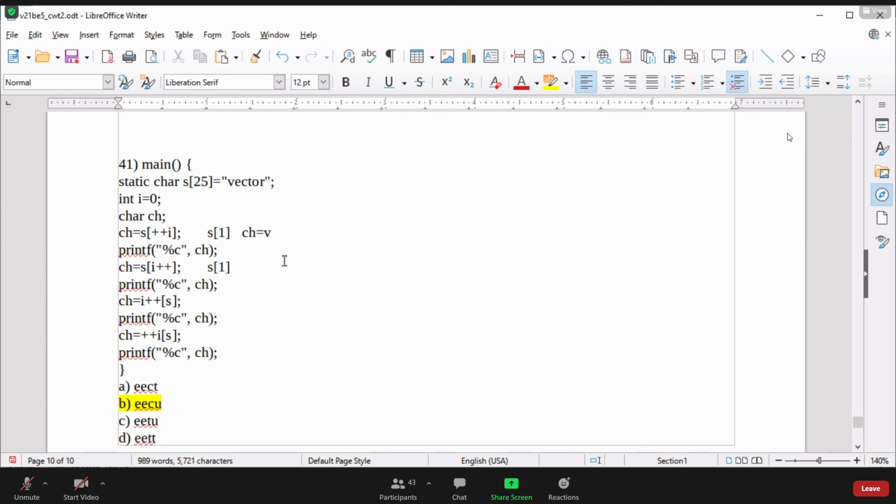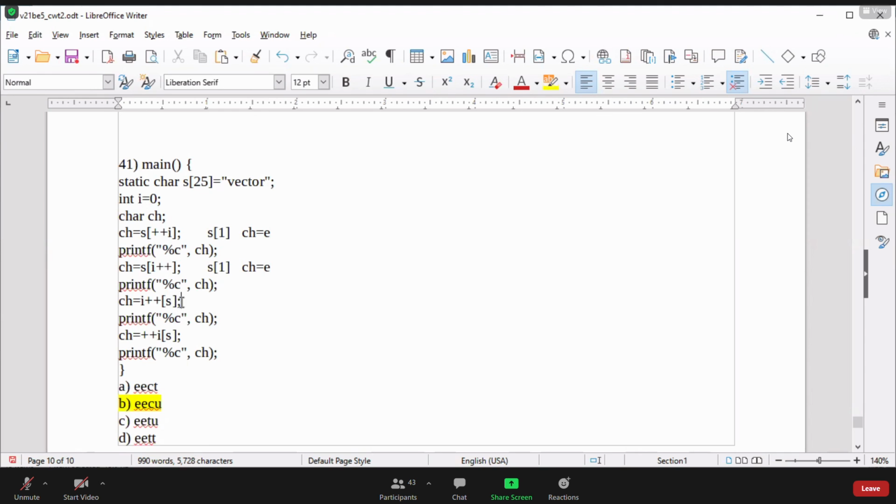And with what value will it assign? One value will be assigned because the previous value was 1. So here, I ran it, S of 1 is E. Right? It's E. I ran it in the flow, I have written it as E. Now once again, here we write CH as E. Now it will print E.